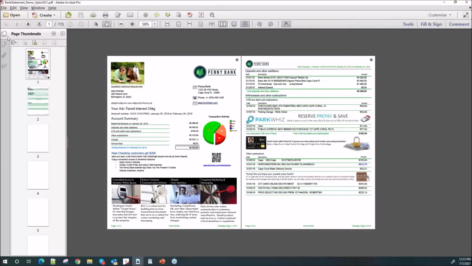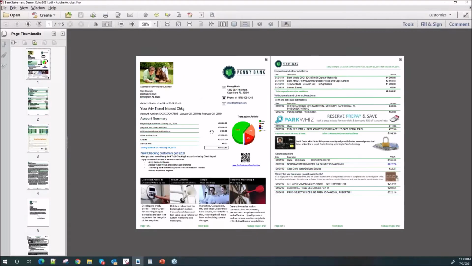I'm actually going to pop open my thumbnails here, and then the information on the bottom, and then you'll see promotional information that's changing. For example, I have a parking garage here, so if you look, I'm promoting ParkWiz. So maybe the bank can sell advertisements of ParkWiz, whenever you see the word garage or parking, that they can prompt a promotional item, right?